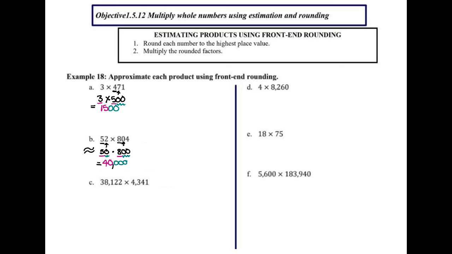Okay, C. Front number in each of these, so we're going to look at the 3 and the 8 after it. 8 rounds up, so that's going to be 40,000 times the 3 after this 4 is going to round it